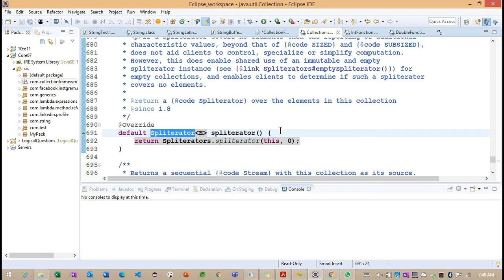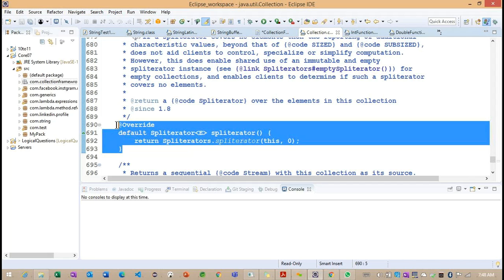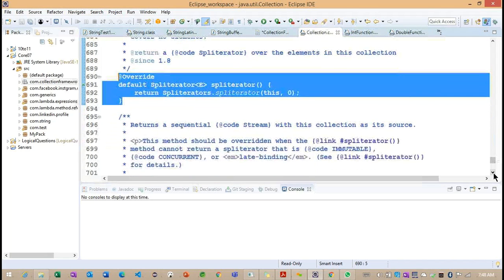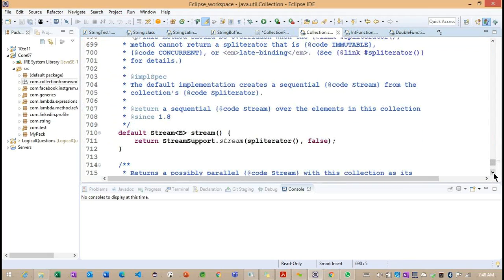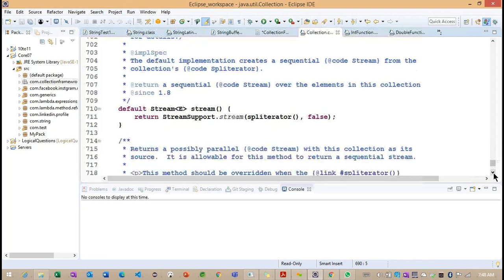We'll discuss the iterator concept after completion of the core concepts in the collection framework. If I discuss the iterator concept now, we cannot understand it at this time, so this section of code we'll discuss later. And this is the default method. The default method we can also discuss later. We'll open this particular method and work on the default method.